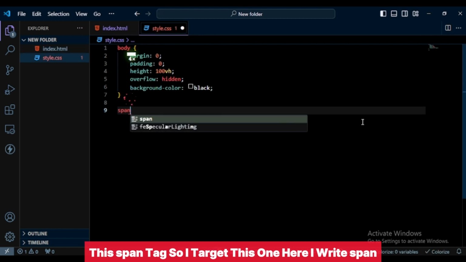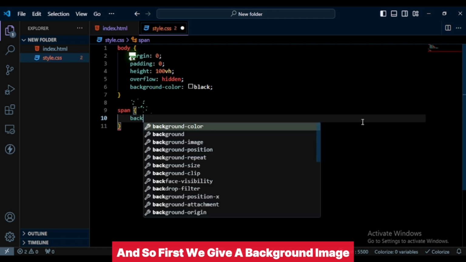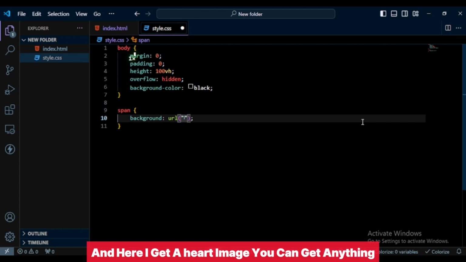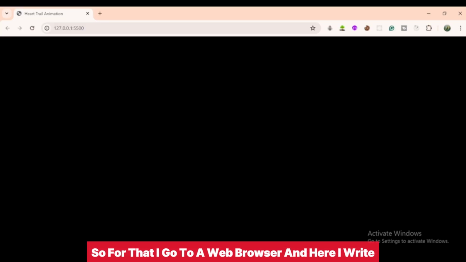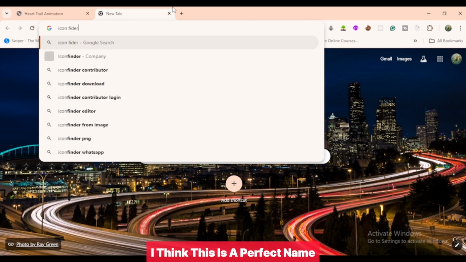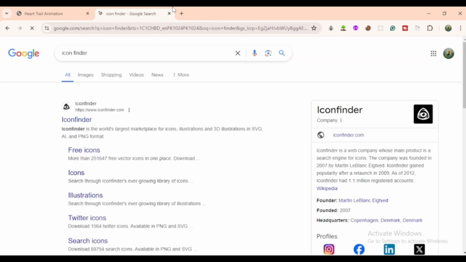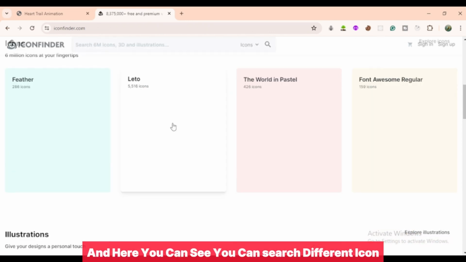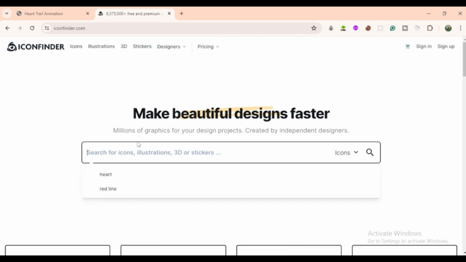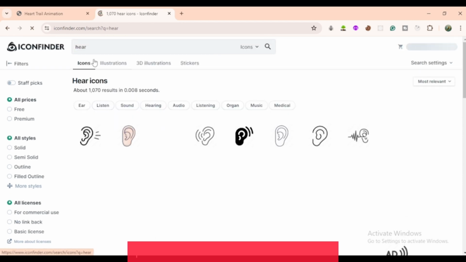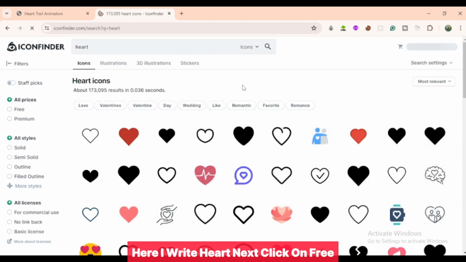Here I write span, and first we give a background image. So background and pass a URL, and here I get a heart image. You can get anything. So for that I go to a web browser, and here I write icon finder. I think this is a perfect name. So I open this website, and here you can see you can search different icons. So here I write heart. Next, click on free,